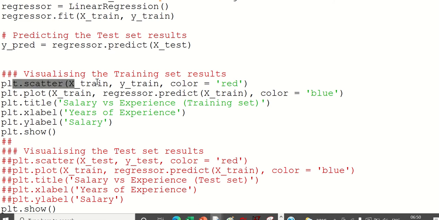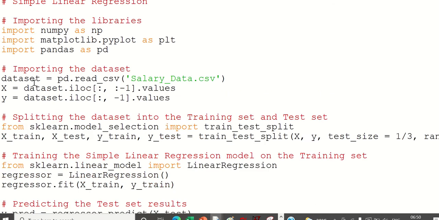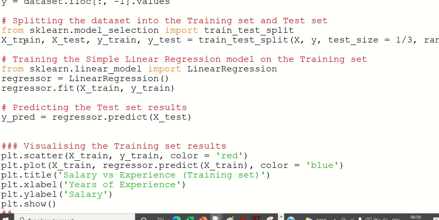So what is this plt.scatter? We are doing a scatter plot of x train and y train. Then we'll do another plot where we use x train and get the y train by prediction.